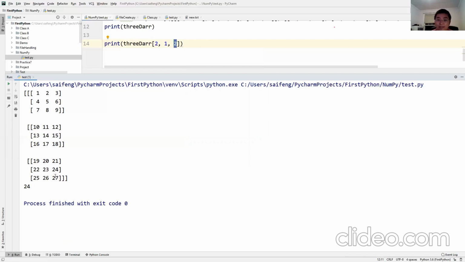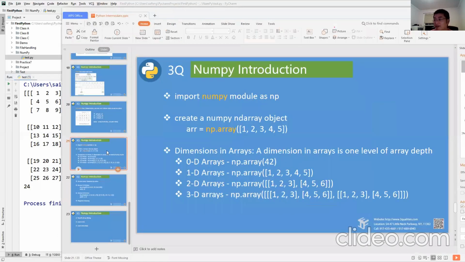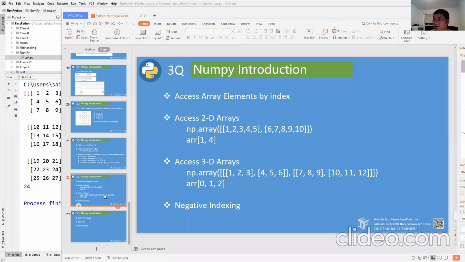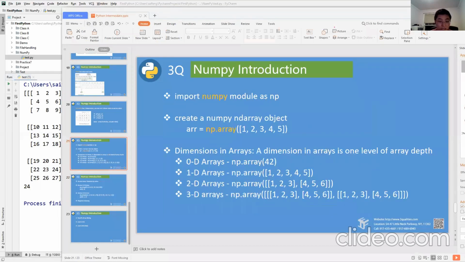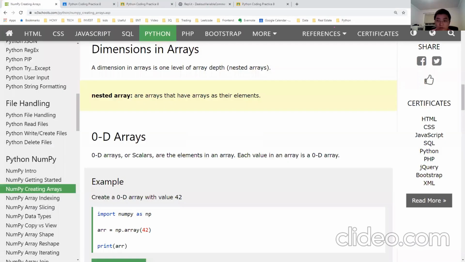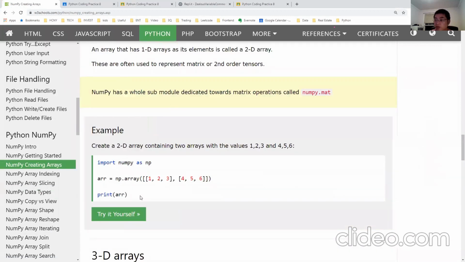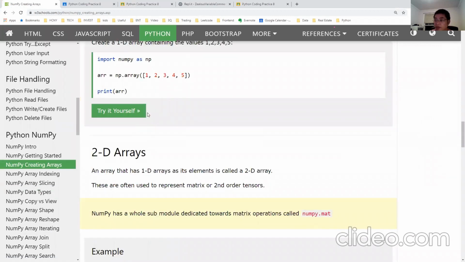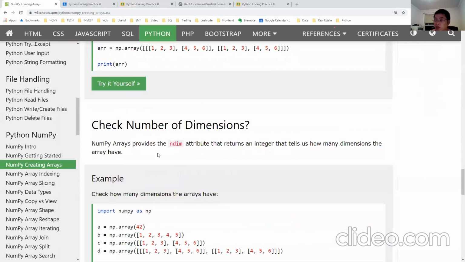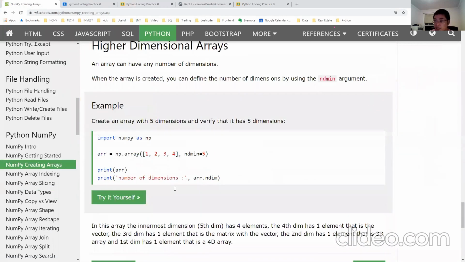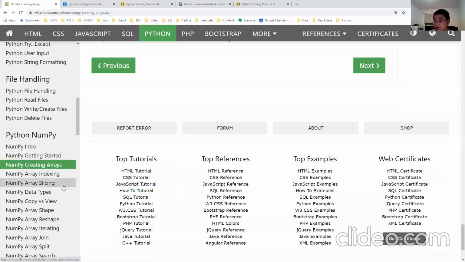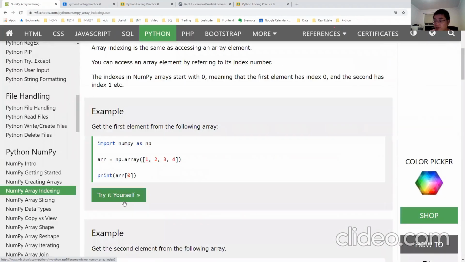Okay, guys, you have to work hard. I have tried my best to teach you about that. I think that's it for today's class. If you don't really understand, try to read the pages. It tells you how to create an array and also how to access it. So you see array indexing. That's very important.